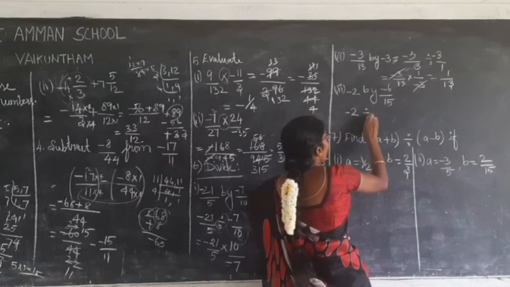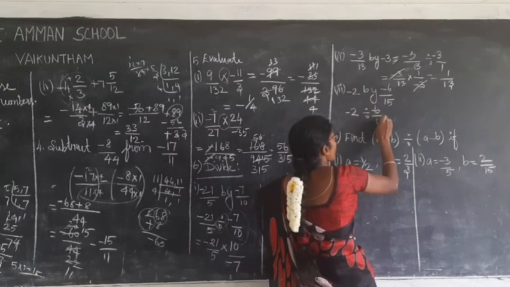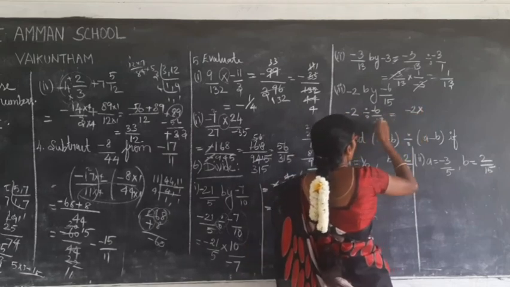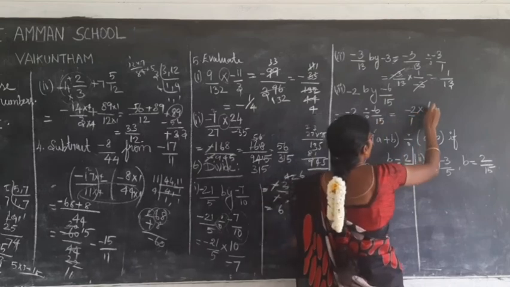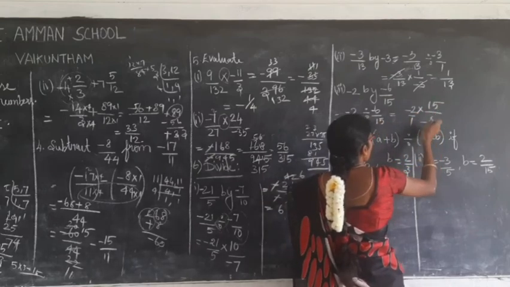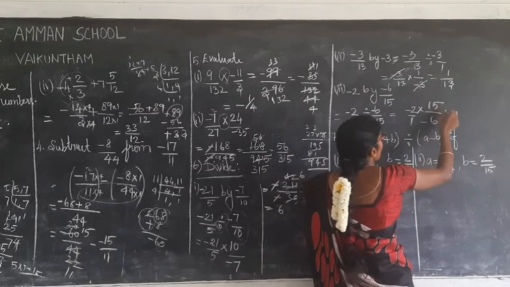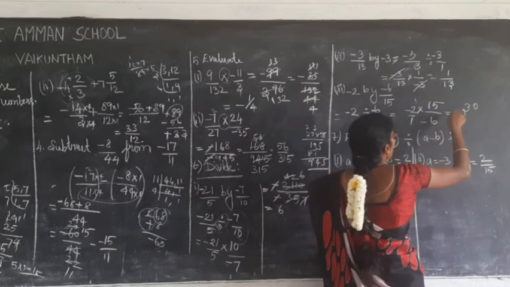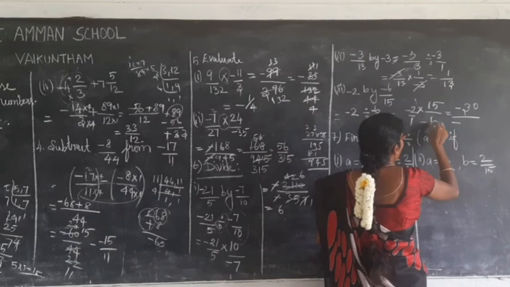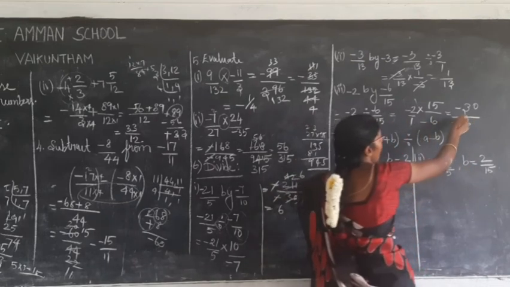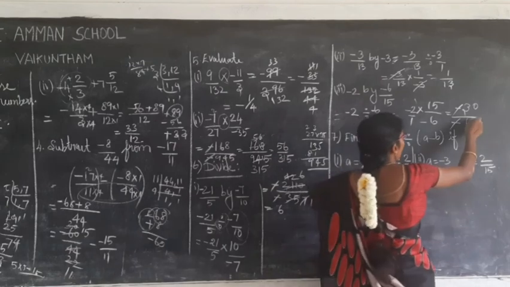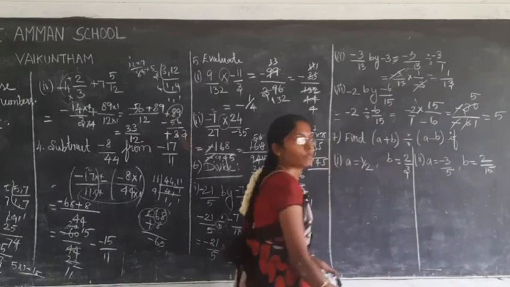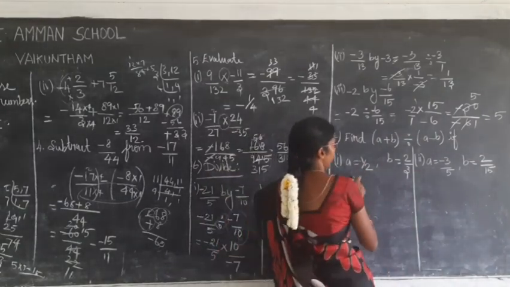Minus 2 by 6 divided by minus 6 by 15. Okay. So what is the rule here? Minus 2 by 6 into, you have to take the reciprocal. So 15 by minus 6. Okay, so you can multiply here. So 5 2s are 10, balance 1, 2 1s are 2, 3. So minus 1 into minus 6. So here minus and minus cancel. Okay, so 6th table, 5 6s are 30. That's all. So the answer is 5. Okay, clear? So see here, next problem.